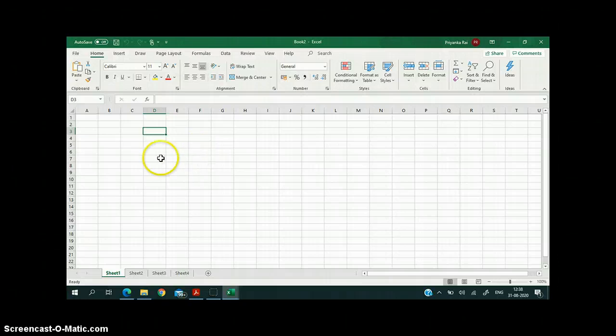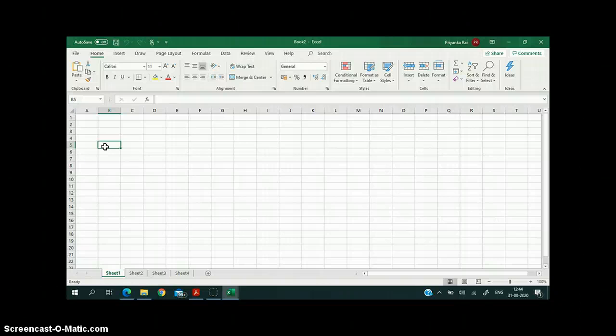Now let us see how can we change the active cell. So for that you just have to observe. I have clicked this cell. The darker border suggests that B5 is the active cell now. Now I want to make C5 as the active cell.